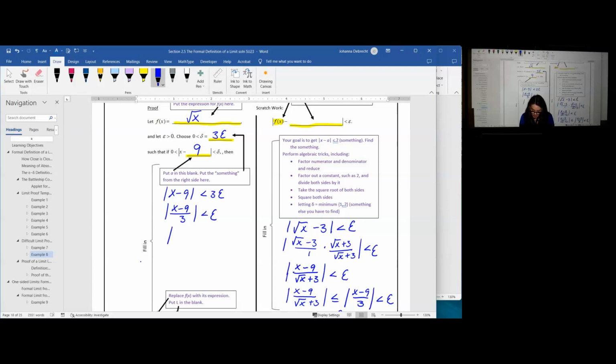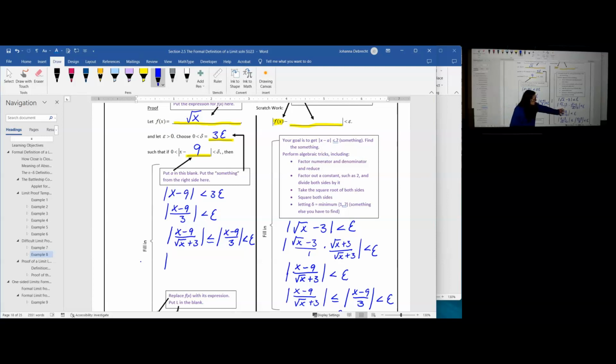But I know that x minus 9 divided by the square root of x plus 3 is less than the absolute value of x minus 9 divided by 3, and it's less than epsilon, then I can state that the magnitude of x minus 9 over radical x plus 3 is less than epsilon,